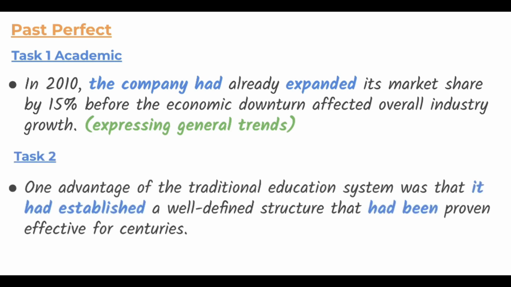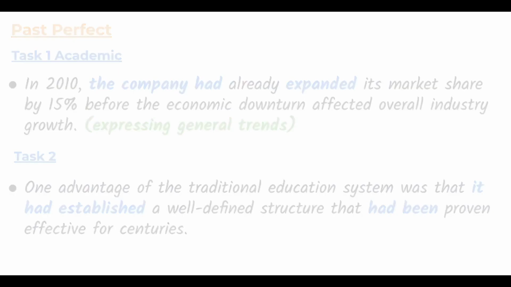Okay, in task 2, it had established and had been, that had been, as well, referring to the well-defined structure. Okay, so it's come up a few. Okay, so hopefully you can see that the past perfect is really useful for all the various parts of the